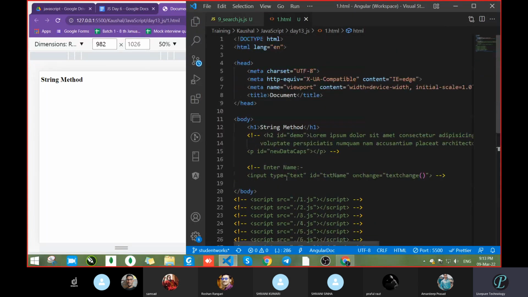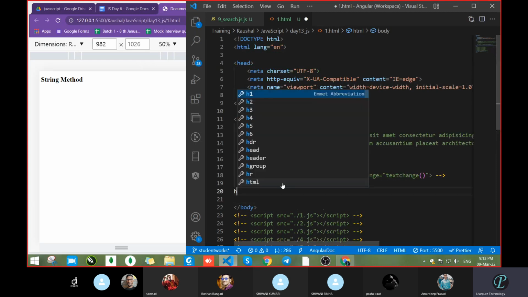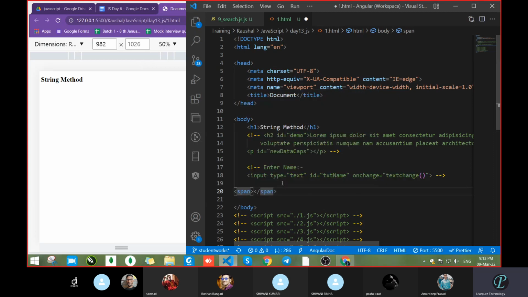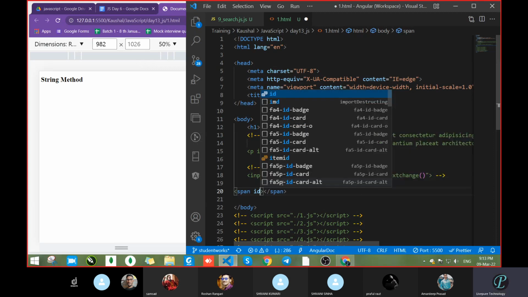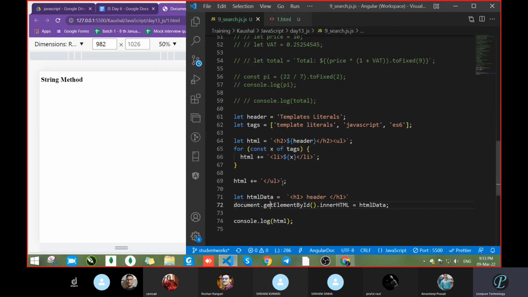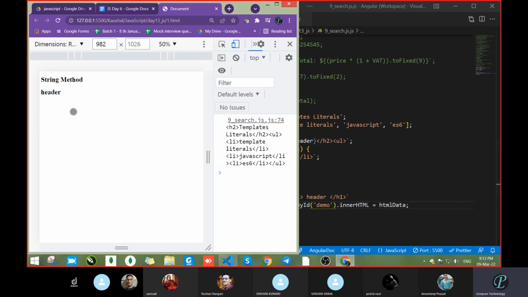Is there any ID? No. So let me just write one with a span and let's see what it does. ID equal to demo, copy, save. Now come here, getElementById, pass, save. See, we got the output, header.